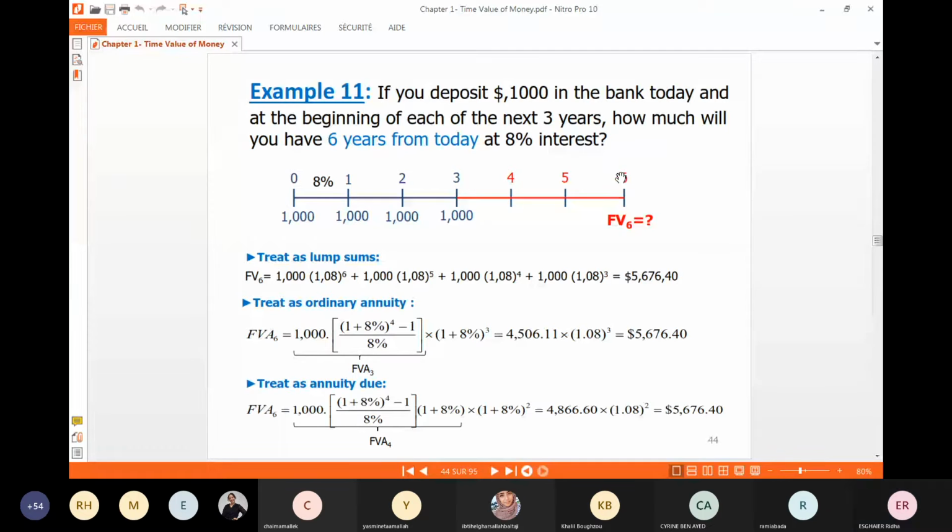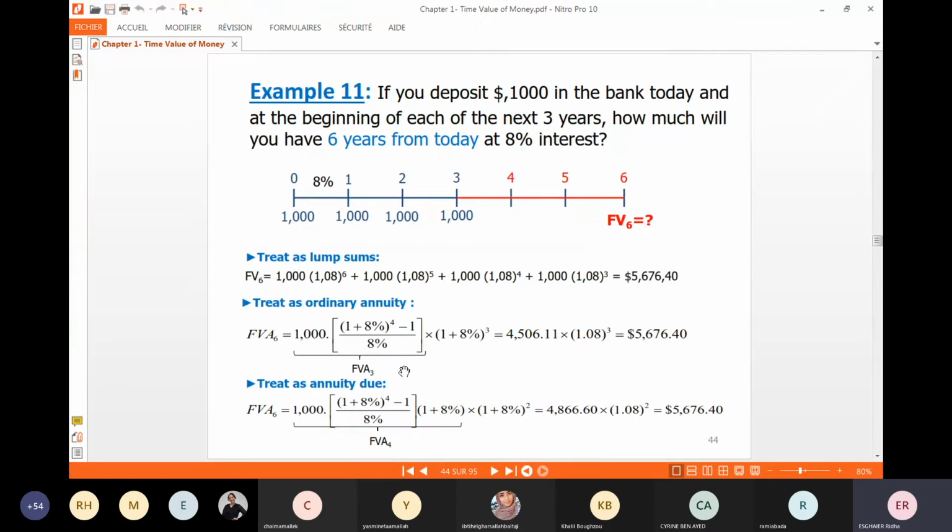Here, I have 3 methods, and all the methods are correct. The first method consists of using the future value of a lump sum. Lump sum means a single amount. We will compound each deposit separately until the date 6. Then we make the sum. So first A, from 0 to 6, we have 6 years of interest. So the future value of this first 1,000 will be